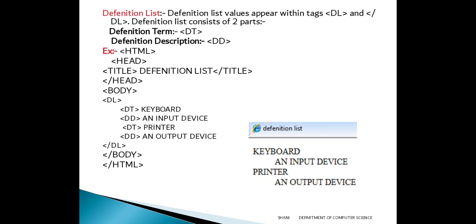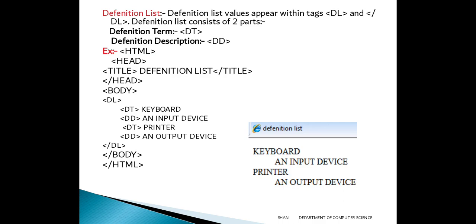So always everyone will be having the confusion. For example, OL and UL all will write, but in this DL definition list they have two parts, that is definition term and definition description. So this you should write correctly. Okay, so for example you can see one example I had written how this works.